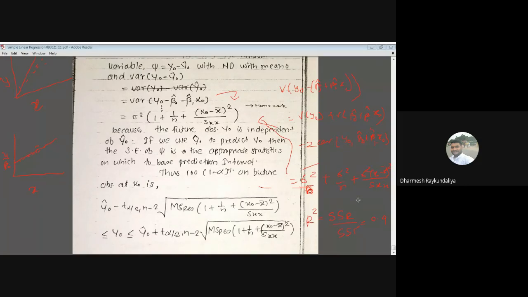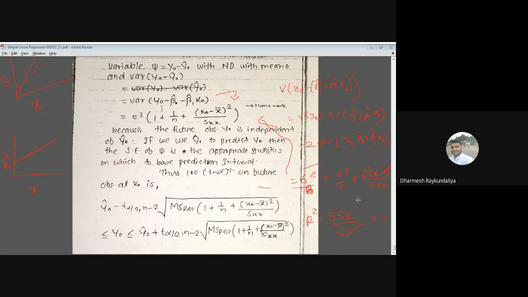Goodness of fit criteria is helpful to decide the best model. You have several models, and among them, which model is good. Residual analysis is basically useful for deciding about the fitting of the models, whether the models are really fitting well or not. So you can make residual plots. You can have a normal probability plot of residuals, and you can have a plot of residuals versus fitted values.